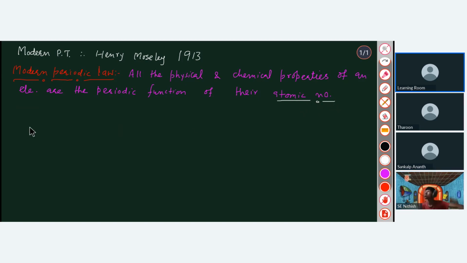So on the basis of this, he arranged all the known elements in increasing order of atomic number. So I write it here that he arranged all the known elements, all the known elements. Yeah, k/n means known. All the known elements in increasing order of